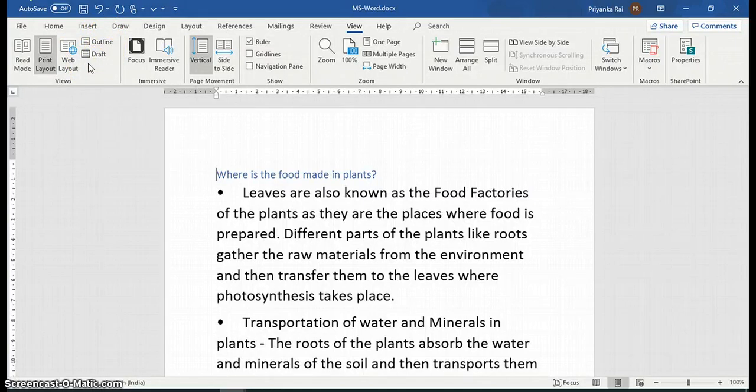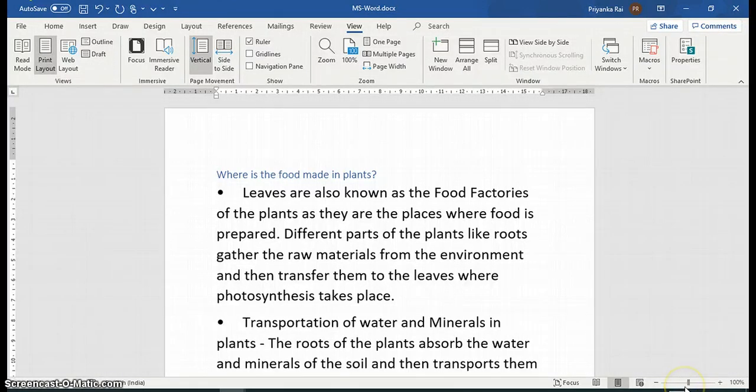Now zooming in or zooming out. So if you want to increase or reduce the display of text, you are not increasing the actual size of the text, but you just want to increase the size on screen only. Then we can zoom in and zoom out that particular text. So here there is a zoom tab, and you just have to drag it.